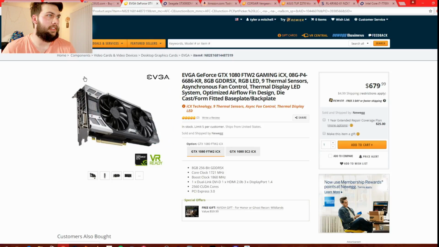GPU. This is actually the new GTX 1080 for the win. ICX. Oh, ICX cooler. What does that mean? Not much. Doesn't mean go out and buy this card if you already have a GTX 1080. But if you don't have a 1080 or any of the 1000 Pascal series, what this has is better thermal dissipation,